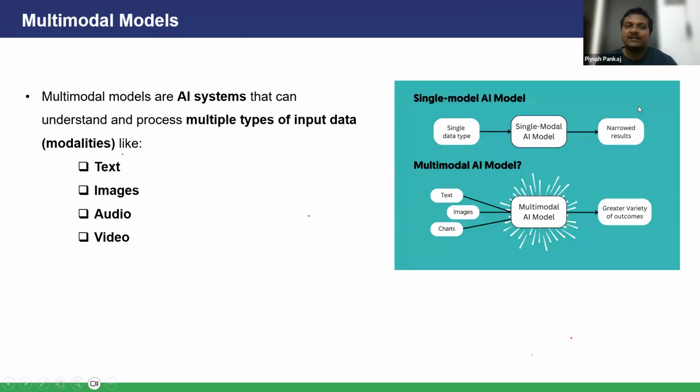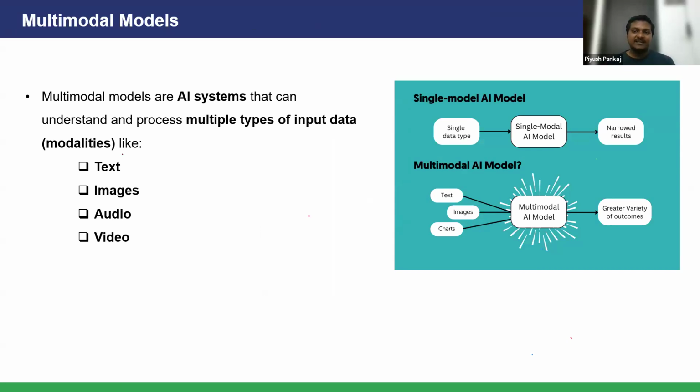Now we have the concept of multimodal. Nowadays, if you go three years back, ChatGPT was only generating text and code. Only two things. Why did ChatGPT become famous? Because it spread that ChatGPT can generate code. That was very new to everyone.